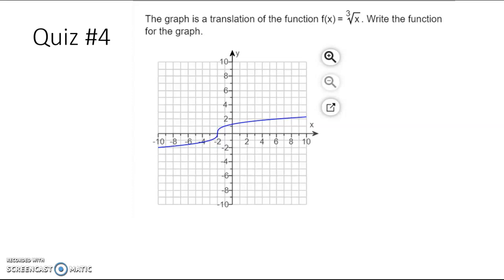It's asking, this graph that's shown here is a translation of f of x equals the cube root of x. We need to write the equation for the graph that is shown here. In order to do that, we need to know what the cube root function looks like. The cube root function is one of the new functions this chapter, and the cube root function is the one